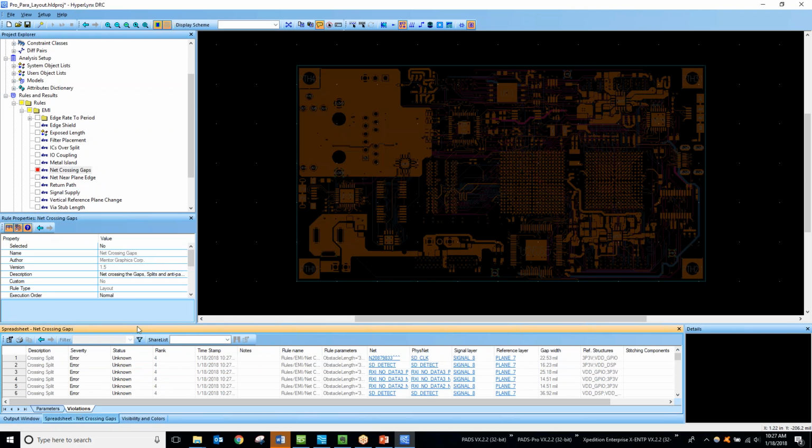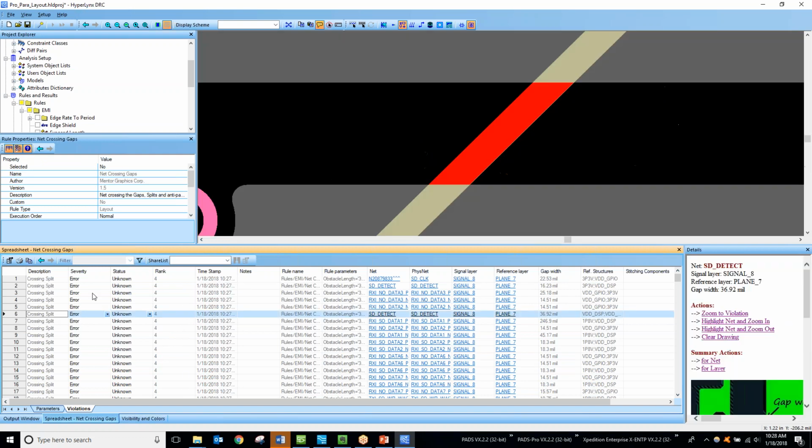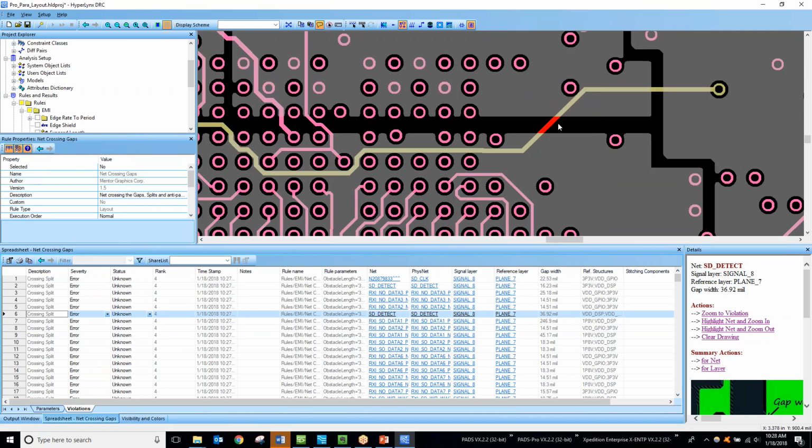So if I go to the violations window, we'll be able to see all of the violations that we have in this check. What I can do here is click on this net and it'll highlight exactly where it is in our design. The details on the bottom right-hand side of our screen now show us what that net name was, what layer it is being routed on, and then the reference plane. So you'll see it's crossing this gap right over this reference plane on layer 7,